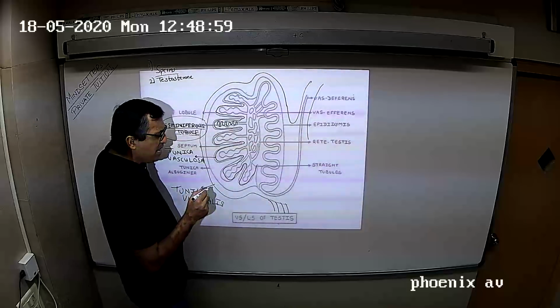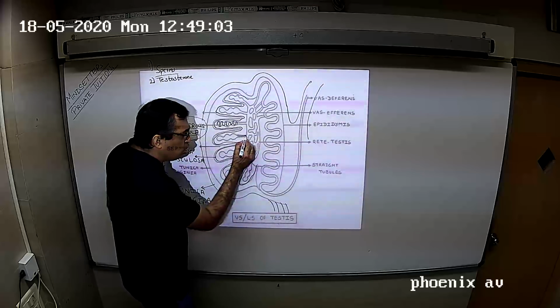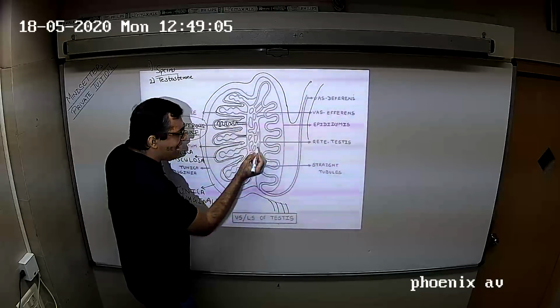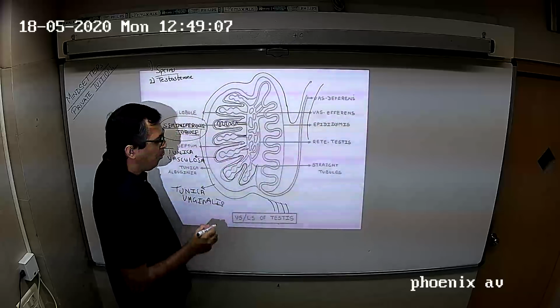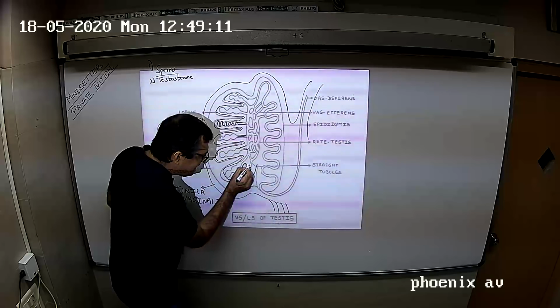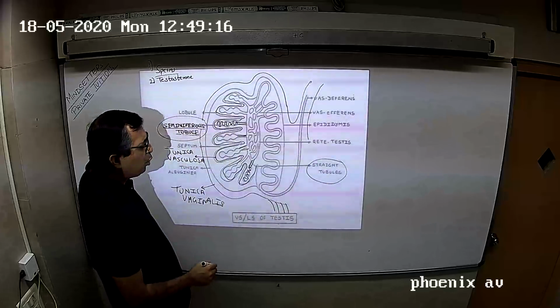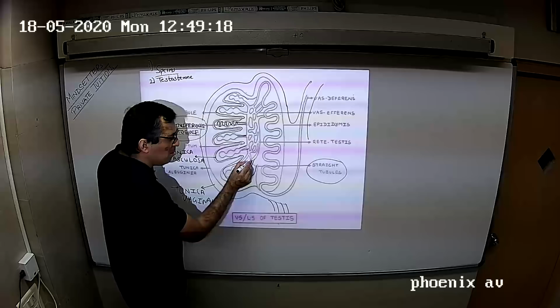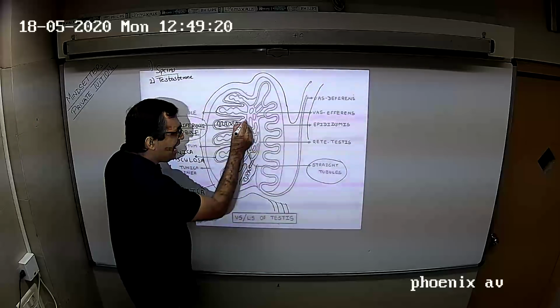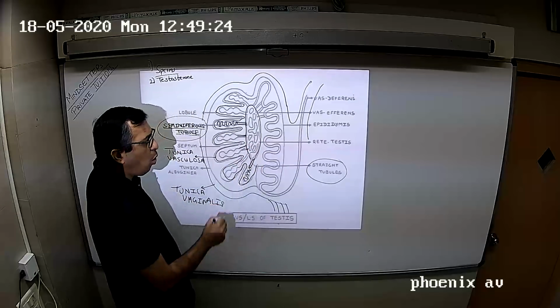Then from seminiferous tubules, sperms pass into tubes called straight tubules. What will arise from seminiferous tubule? Straight tubules. And from straight tubules, all the sperms get collected in the collection center,